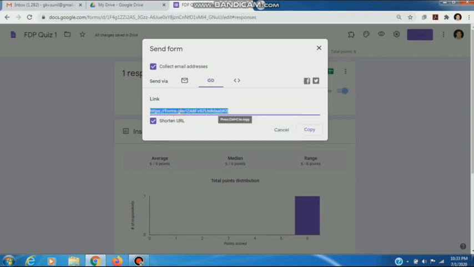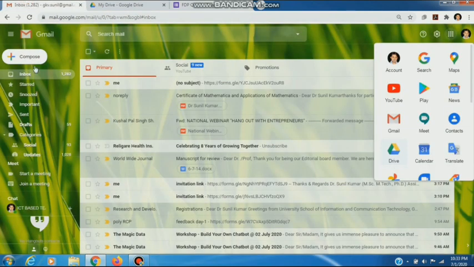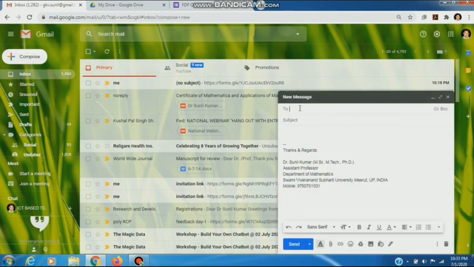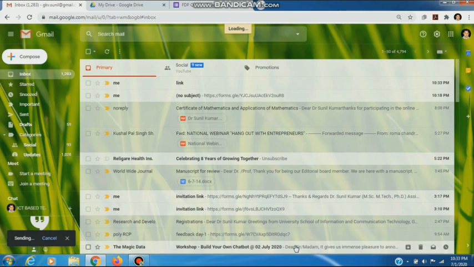I will copy from here and mail it to myself by composing a message to gkv.sunil. Link. I will paste and send it to me. Now I can share it with the participants using my WhatsApp or Telegram group.